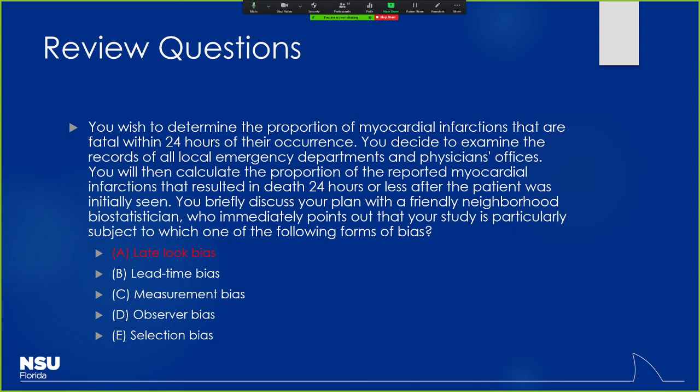Or if you just relied on the machine reading, that would obviously be more of a formulaic measurement bias when you go off something like that. So those are issues. Selection bias tends to be more so if patients are picking what group they go into. Things like that. So those are all things you want to consider in terms of defining different types of bias.